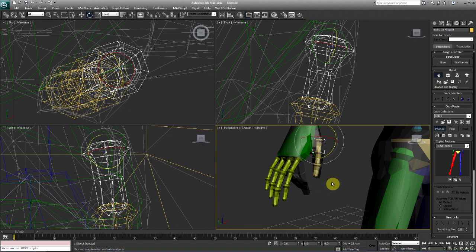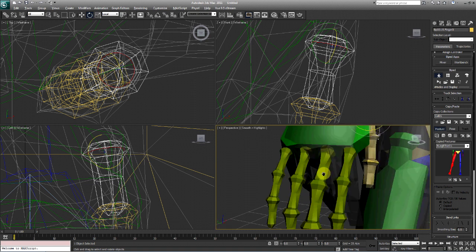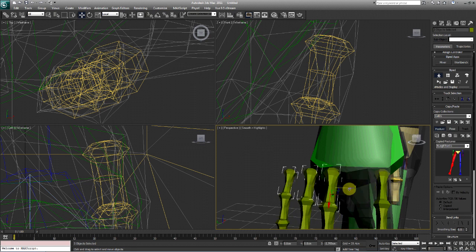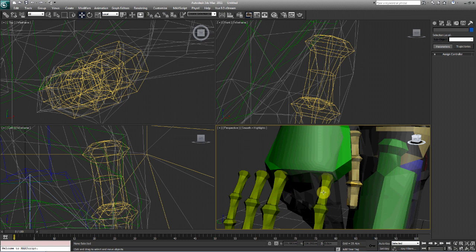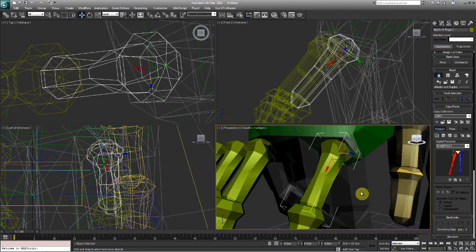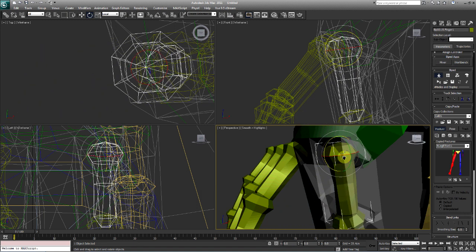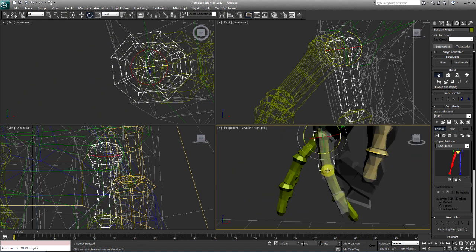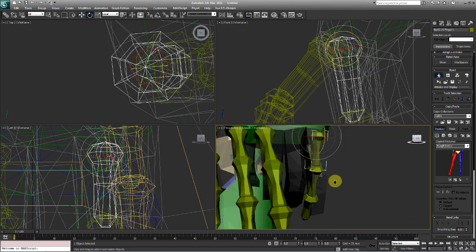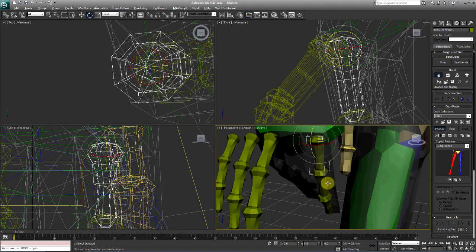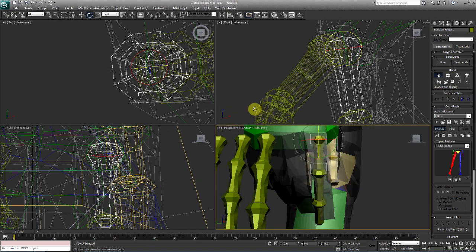Okay, so I'm going to switch to the move tool. I'm going to move it. Let's go ahead and move these other fingers out of the way so we can see. There we go. Since we're moving them anyways, that will be fine. So I'm going to rotate it down. Now as you can see, you can tell that the bones need at least 3 links just by looking at the mesh, because you can see the creases on them. Okay, so we're going to rotate it like that.